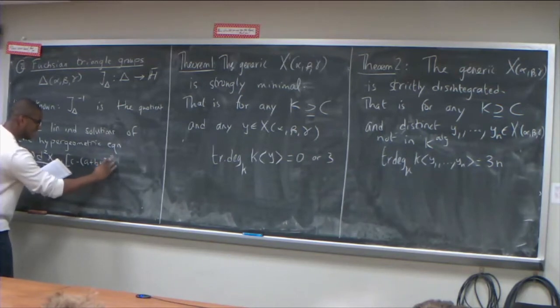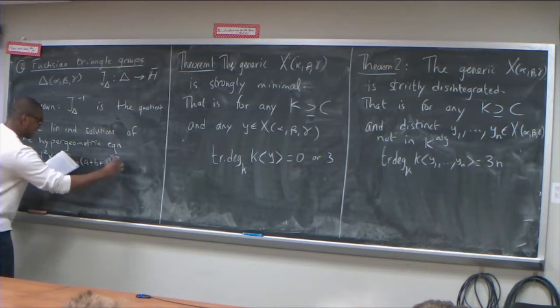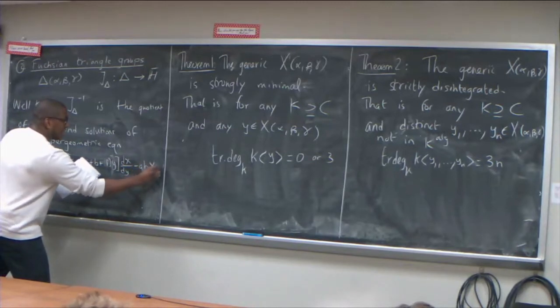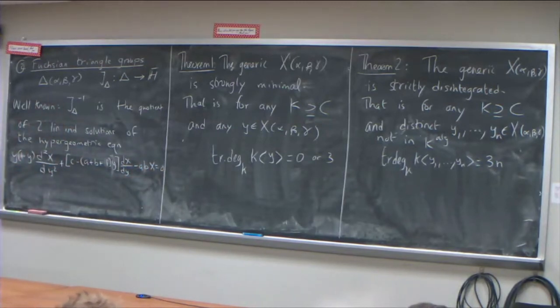There's a y. Let me finish writing it and make a few comments. So first comment: we started with, remember, the derivation d by dt, and the y was the variable in the Schwarzian equation. Here, because we're talking about the inverse function, we're looking at the derivation d by dy, so there's a sort of parallel to look back.